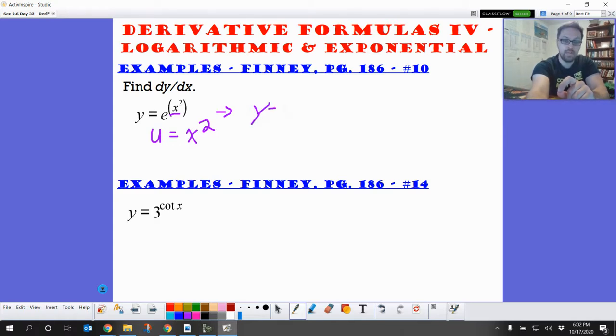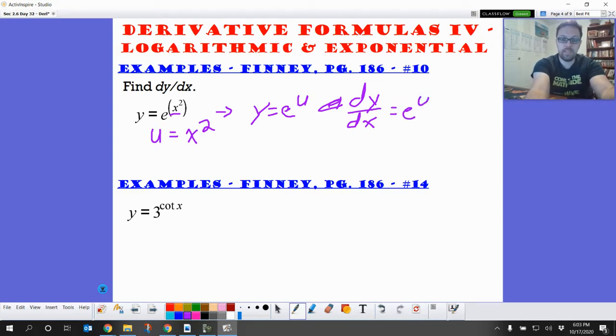So it's y equals e to the u. Okay, well then that's easy. So dy dx, our derivative, which is just a fancy way of writing derivative, is going to be e to the u, but then we need to multiply by whatever that goofy exponent is. What is u prime? Well, the derivative of x squared is 2x. So that is just 2x. So we'll put it back in. So e to the u, which was x squared,